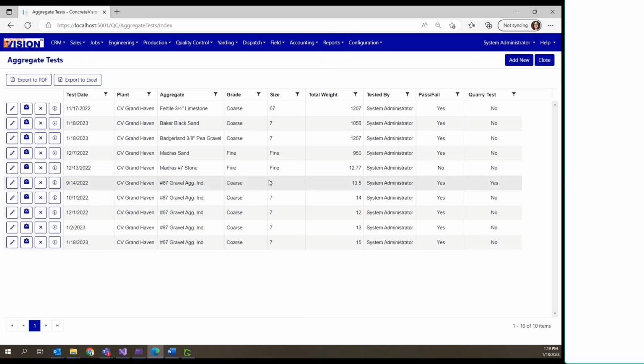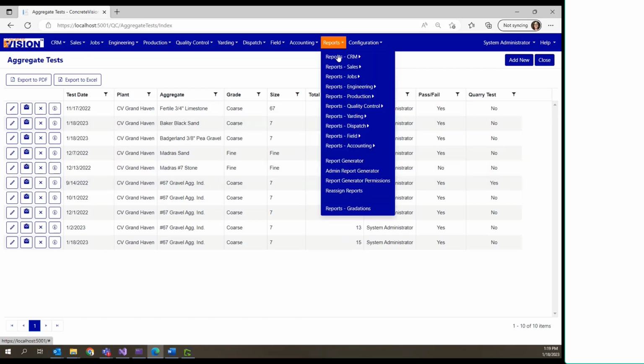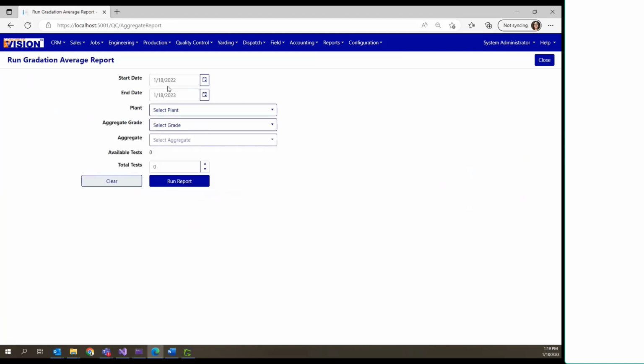So after you've got your test, you might want to run a report. And the way this report is designed, it starts out with a year as the default date range. So a year back from today. Select your plant, the aggregate, just like you do when you're creating the tests. And it'll tell you that you have 5 available tests. If there's no quarry test here,